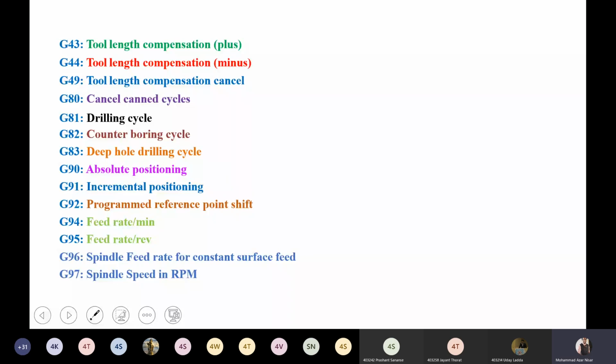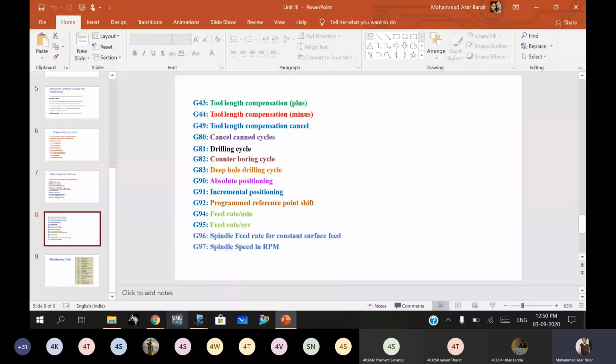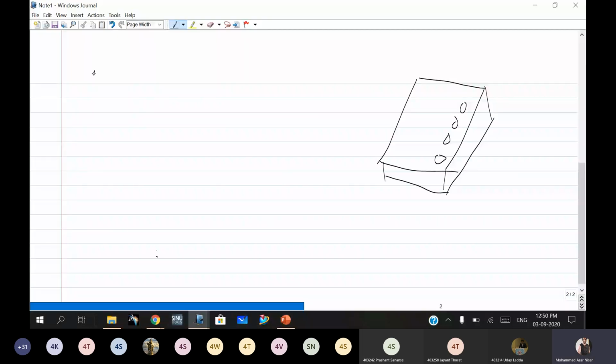So first one is G90, G90 is for absolute positioning and G91 for incremental positioning. So what is the difference between absolute positioning and incremental positioning is that, suppose our piece is there, okay,